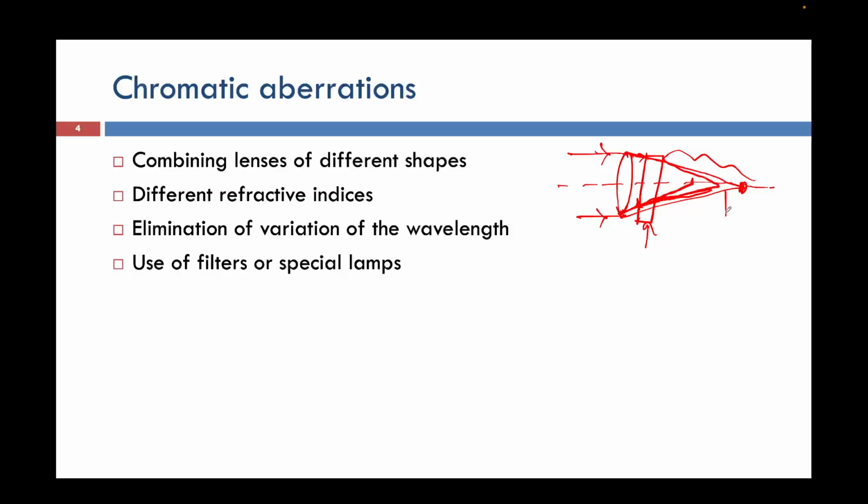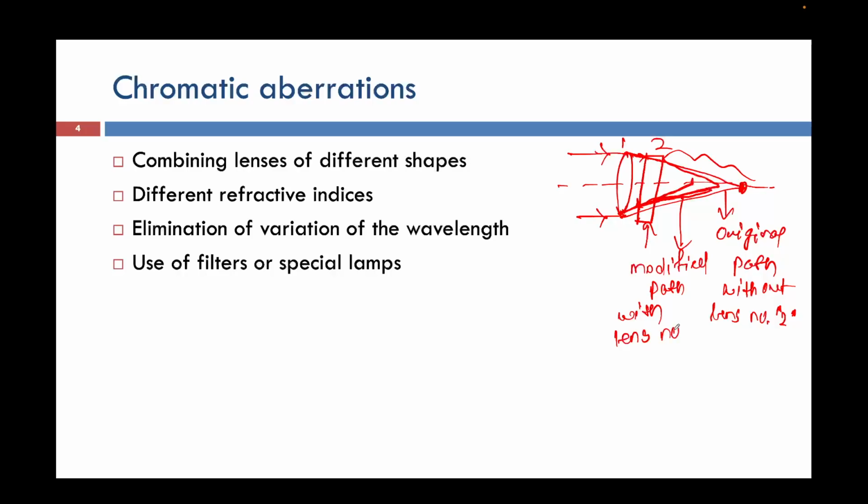Got it? So this was the original path. If I am giving 1 and 2 without lens number 2, this is the modified path with lens number 2. Right? So if I use different shapes of lenses, and not only different shapes but also different refractive